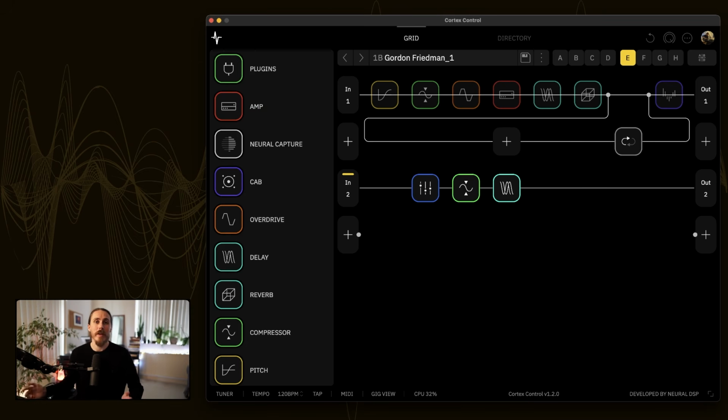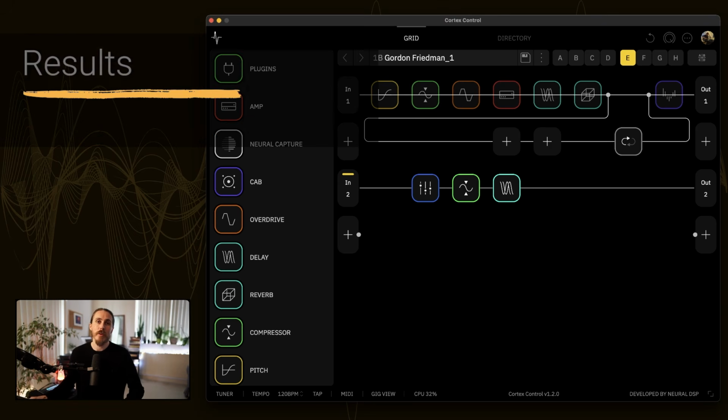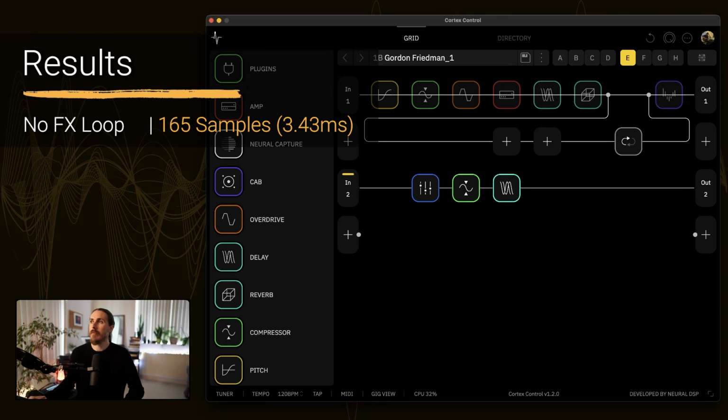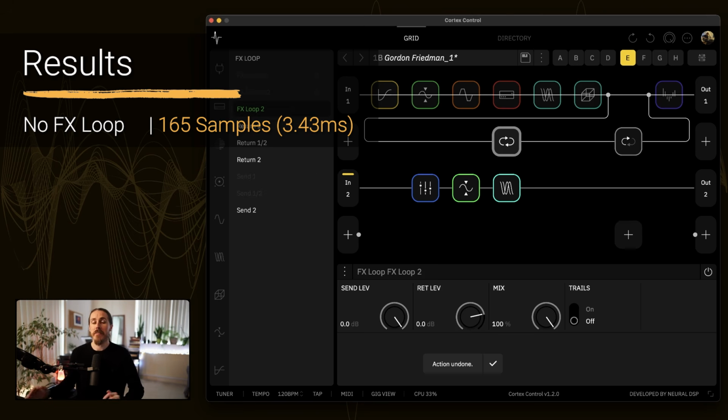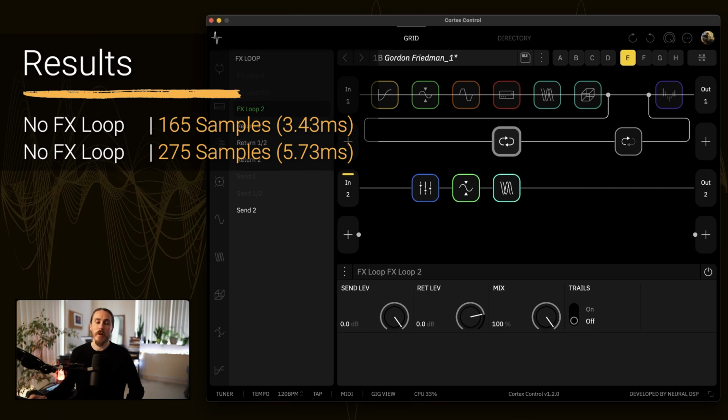So as an example, here in this preset, when we just ping without an effects loop, we get 165 samples. Then when we add in an effects loop, like so, and the effects loop on the back of the Quad Cortex is just connected with a single patch cable, what we find is we get the sample rate now at 275 samples, which is an increase of 2.29 milliseconds,